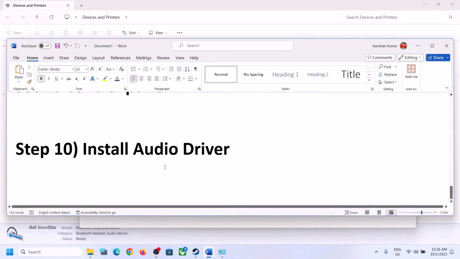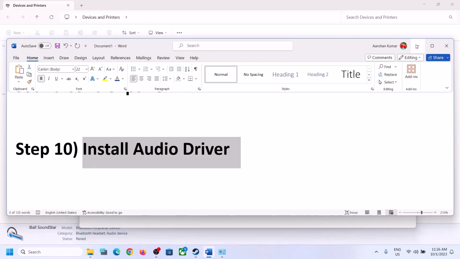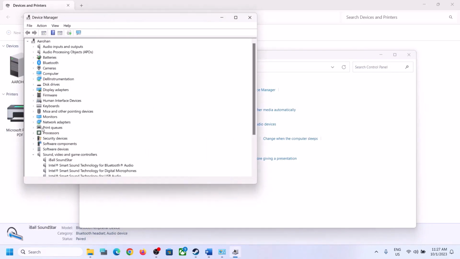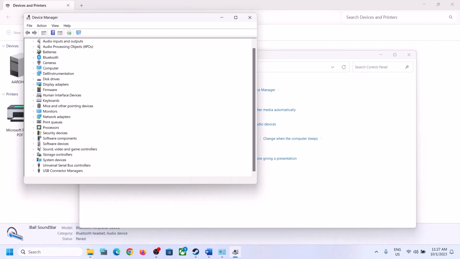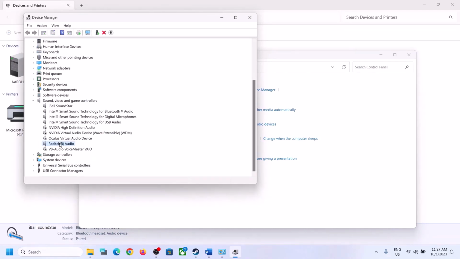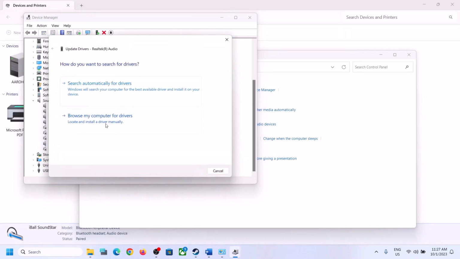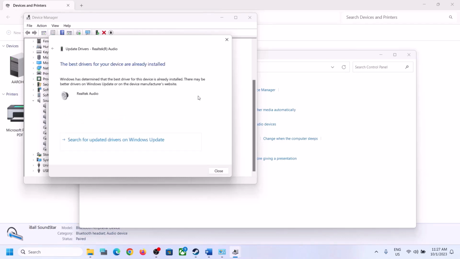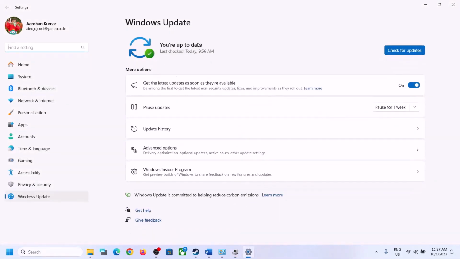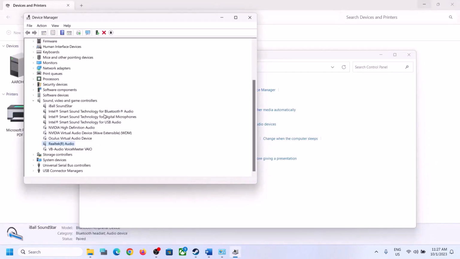Now the next step is to install the audio driver. To install the audio driver, make a right click on the start menu, then open device manager and then expand sound, video and game controllers. Select your audio device. In my case it's Realtek. You can make a right click, then click on update driver, and then click on search automatically for drivers. It will tell you to search for driver in Windows Update. Click on it. If there is any update, let the update complete, restart your computer, and then launch the game